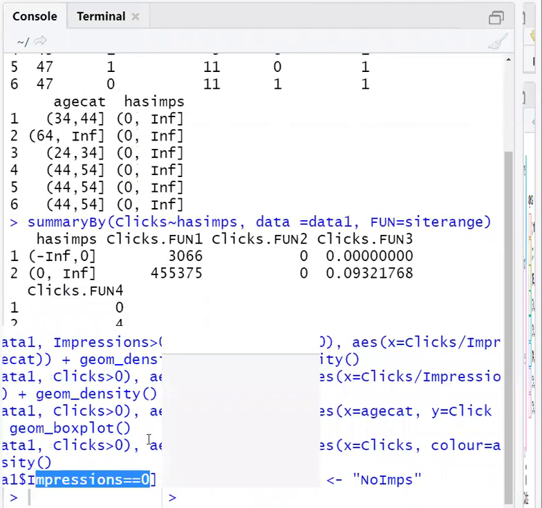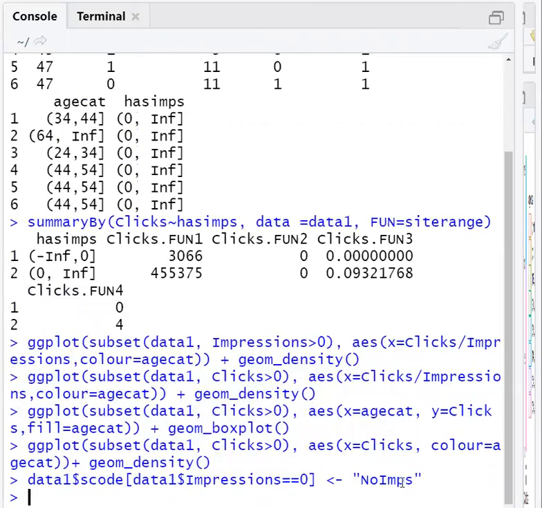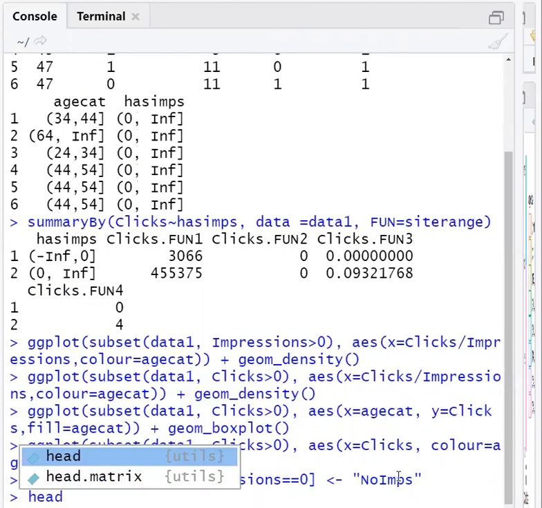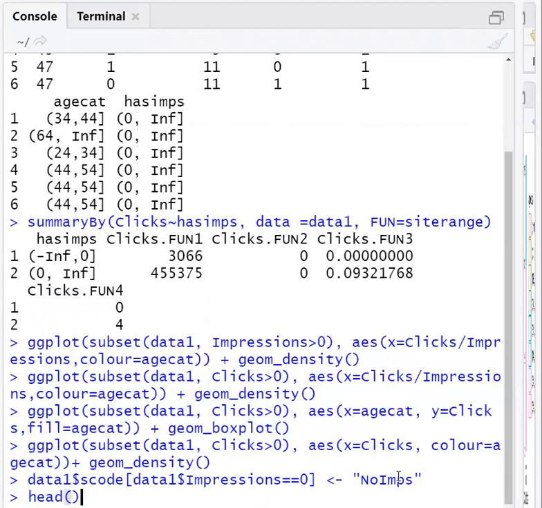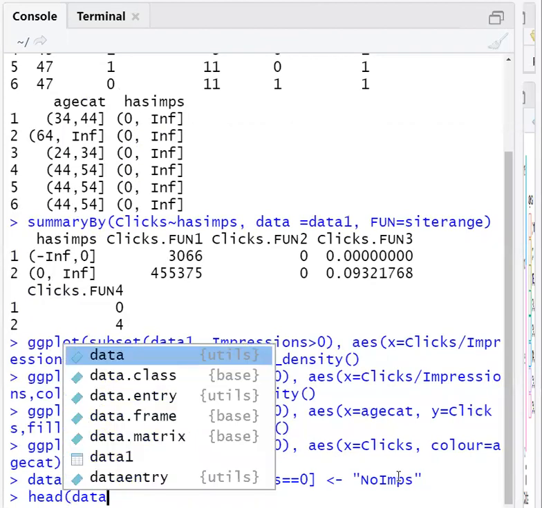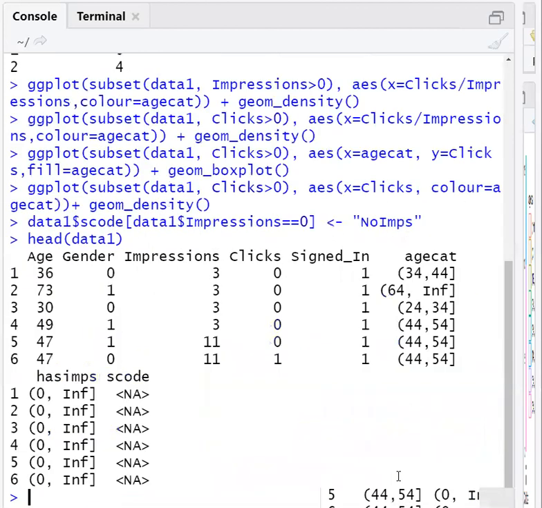So if impression is 0, we'll indicate it using no impressions. Now if we look at the head of data 1, S code is not present at all. So it is NA.